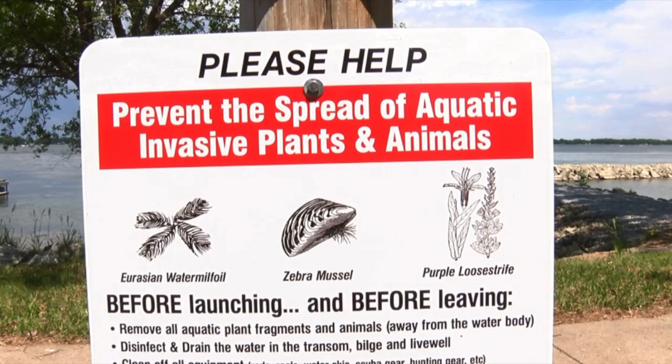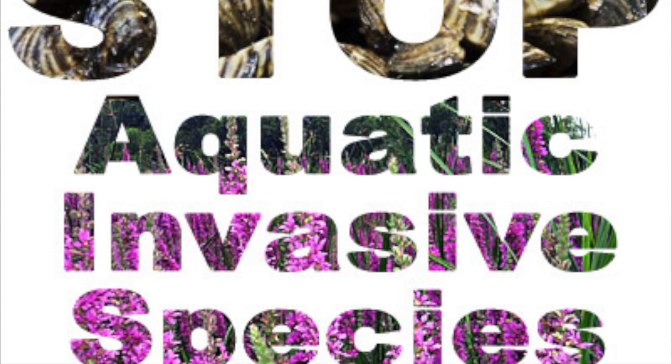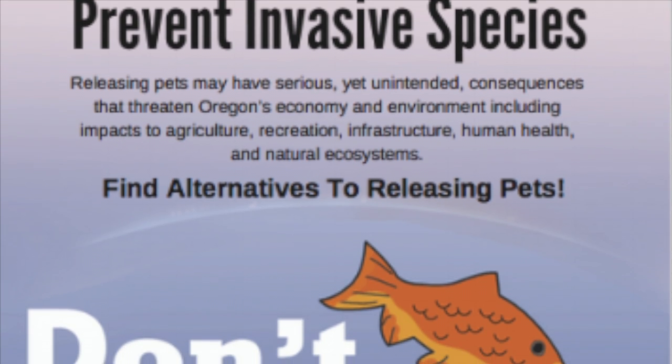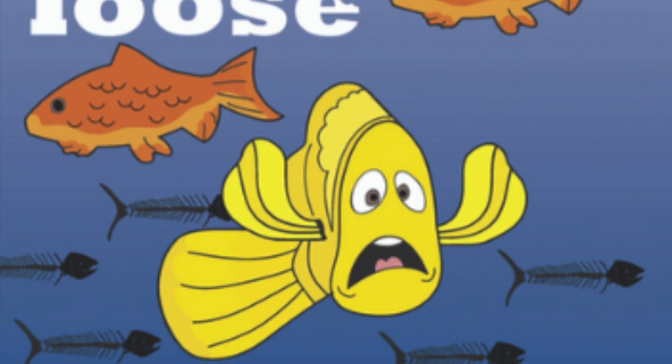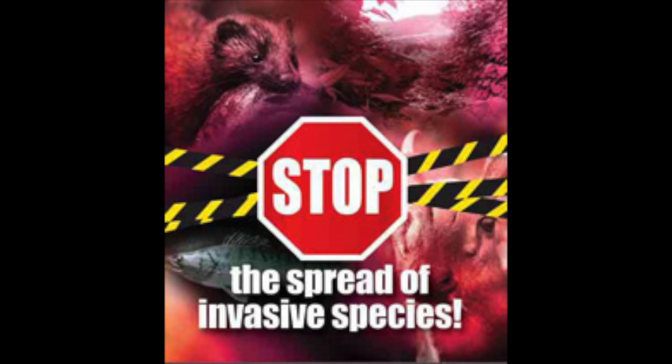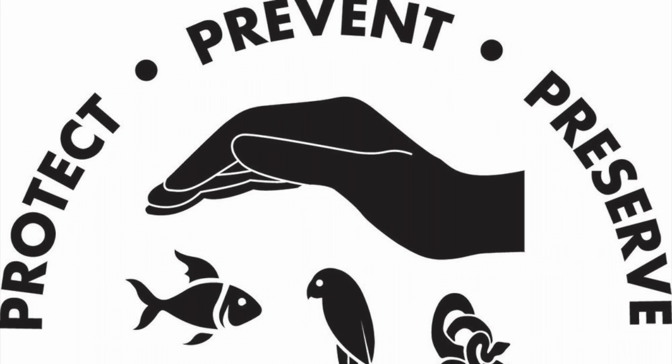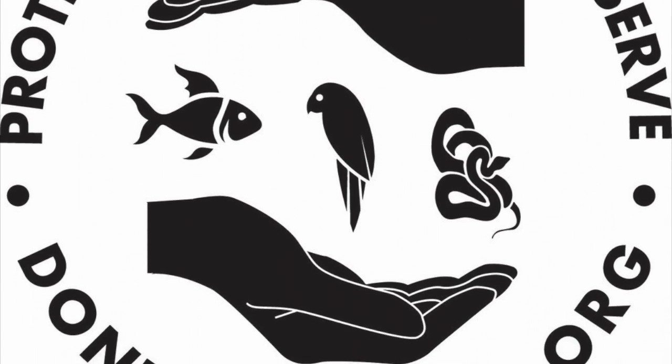To prevent invasive species, people need to clean their boat thoroughly before transporting it to a different body of water. People shouldn't release aquarium fish, plants, or exotic animals into the wild. Also, volunteering at local parks or other wildlife areas to help remove invasive species will also help. One of the most important things is to help educate others about these threats.